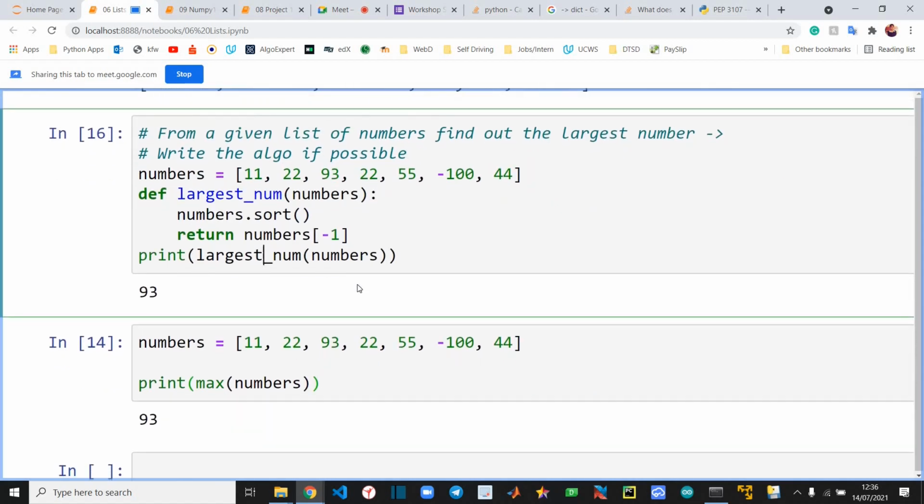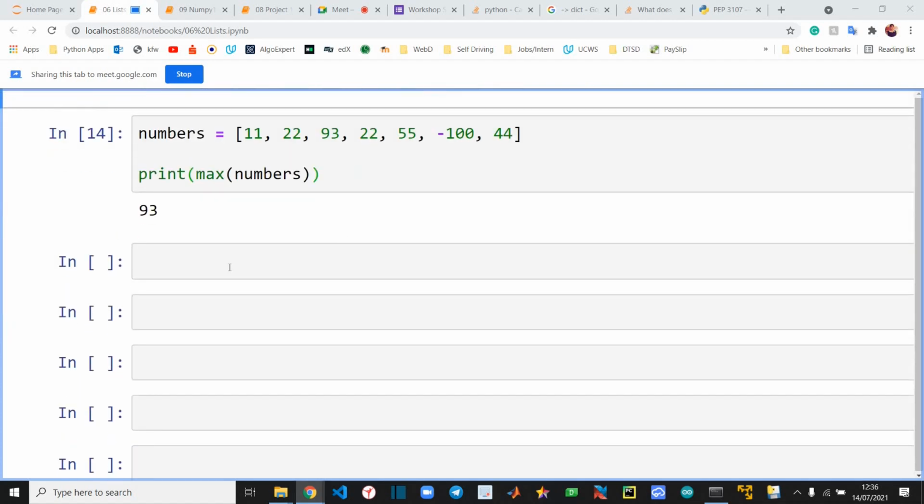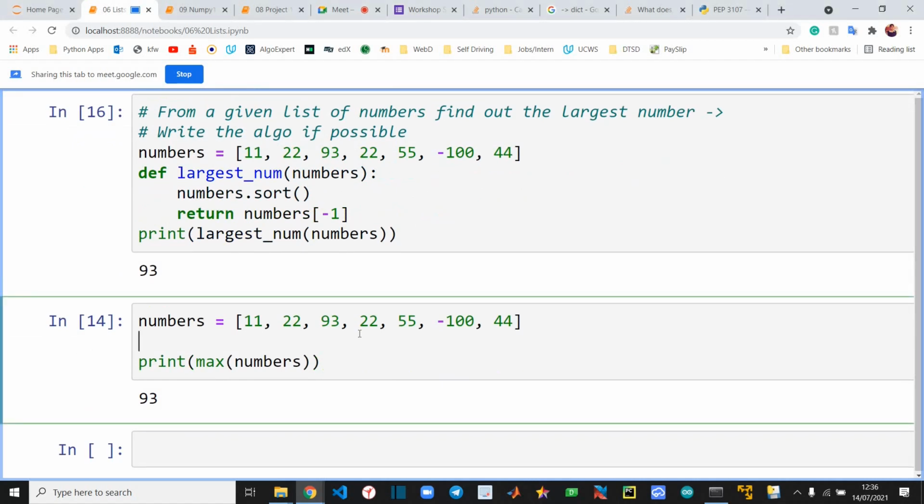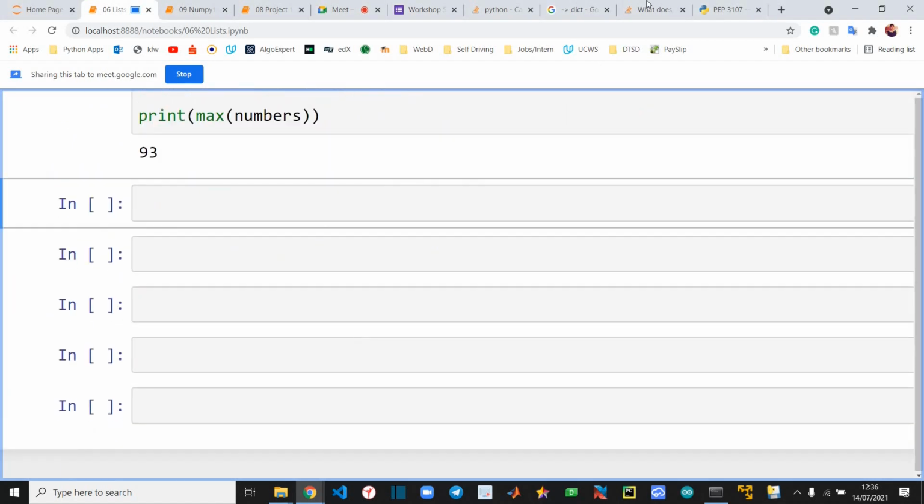So this is the answer. Don't worry if you guys are not able to do this. The important thing is that if you are doing it for the first time, it is not possible that you learn everything. You need to spend a lot of time working with Python or any other programming language. Don't feel disheartened, is what I'm trying to say. Slowly and steadily you will learn this if you give it enough interest. You don't need to feel disheartened if you are not able to understand the whole thing.